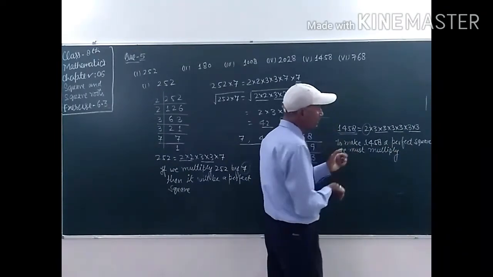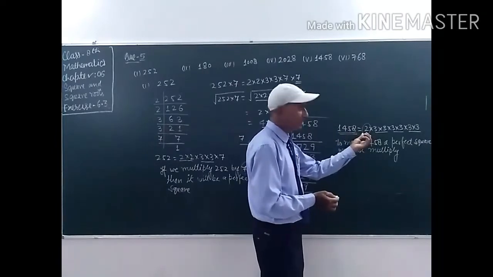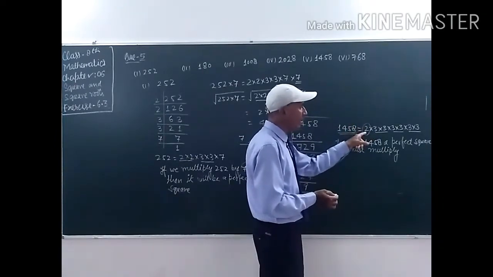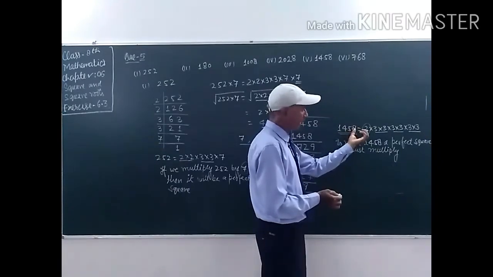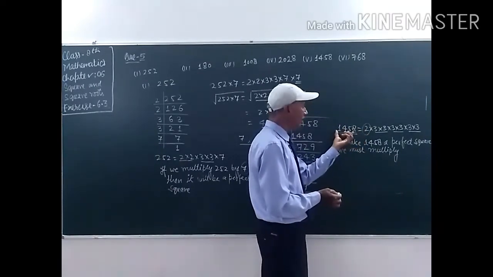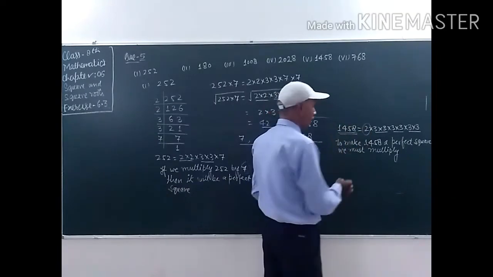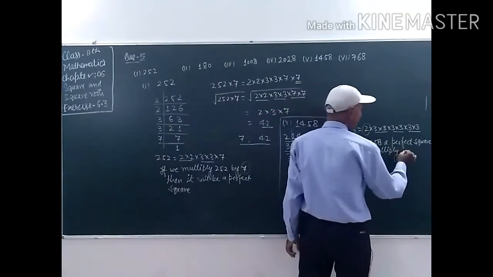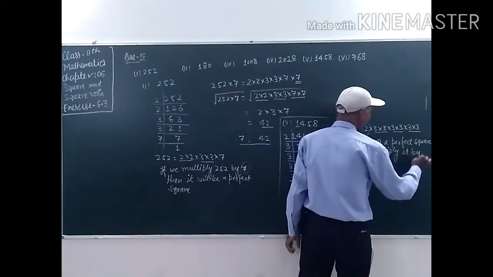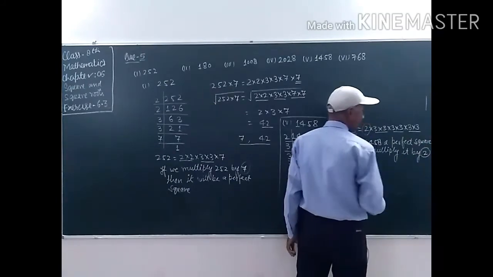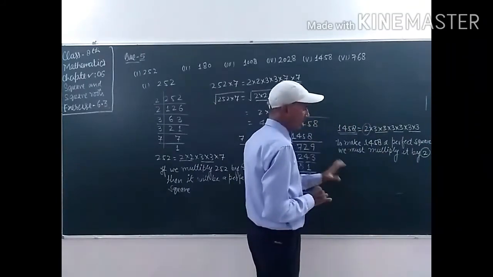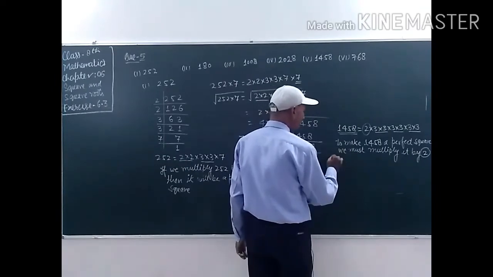Why 2, student? Because 2 is not in pairs. Therefore, we have to multiply it by 2 to make this one a pair. Clear, student? And this one a perfect square number. So we must multiply it by 2. So one answer is 2, student. And after multiplying it by 2,